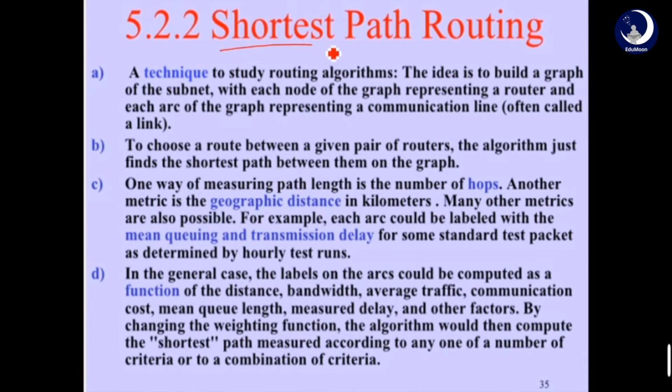It is the same as the Dijkstra algorithm for finding the shortest path between two nodes. It is used to calculate the shortest route from the sender to the destination. Here, each router is known as a node, and each node has a cost value pointed to the node that is before it in the path. Here, path length can be measured in two ways. First, number of hops, and then next the geographical distance.